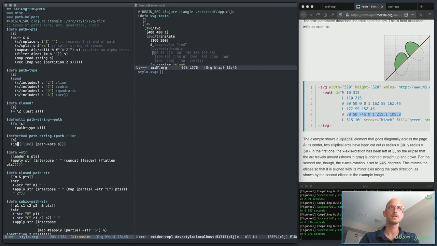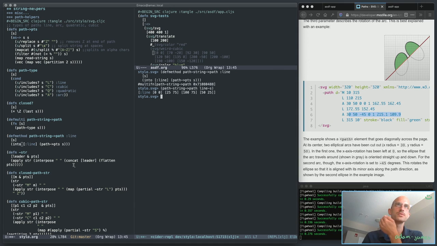And I can actually do this. I think that'll actually make a difference, right? Yep. Okay. So all this is doing is tagging the list of points with, I suppose I could actually do it as